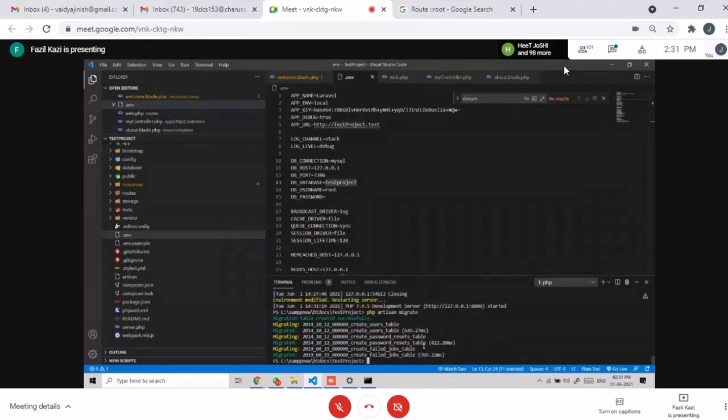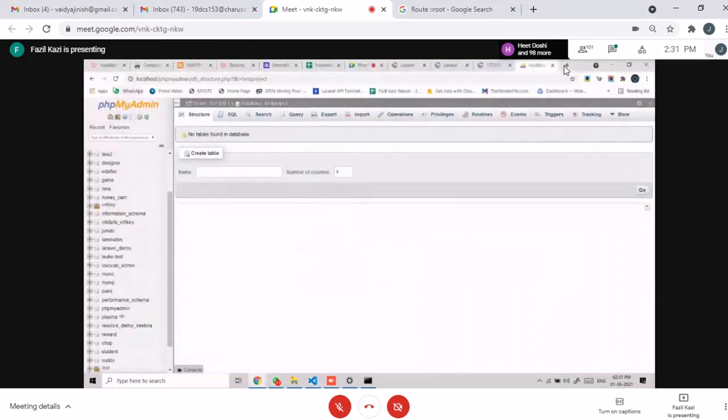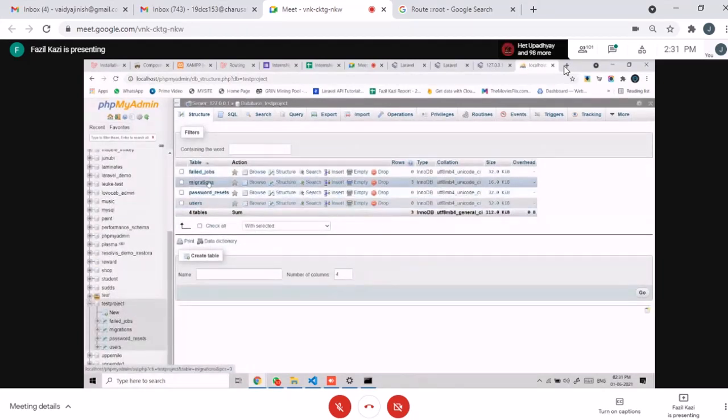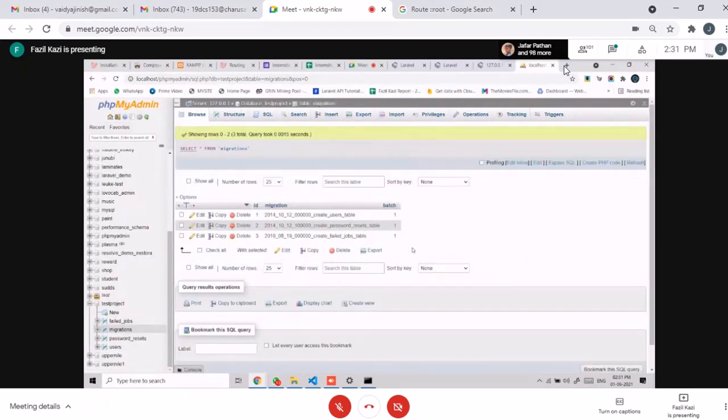we create the tables in the database, and when we go to the database and refresh it, we get all the tables including the migration. This migration table is useful for maintaining track of when and where which type of database we are installing, and when we are reverting the changes, as well as when we are dropping some table or any kind of operation regarding the database, it will be collected over here and we can keep track. So we can also do a rollback from here.